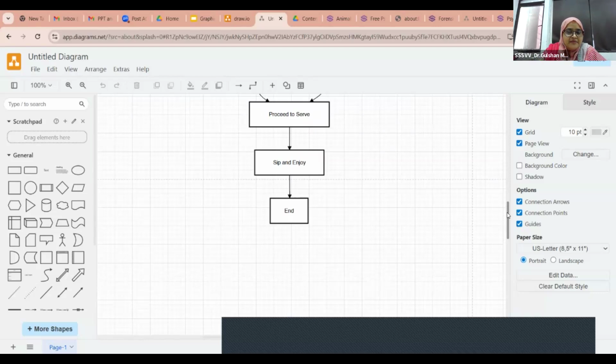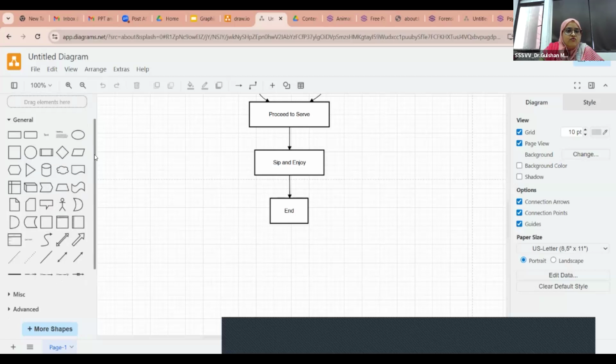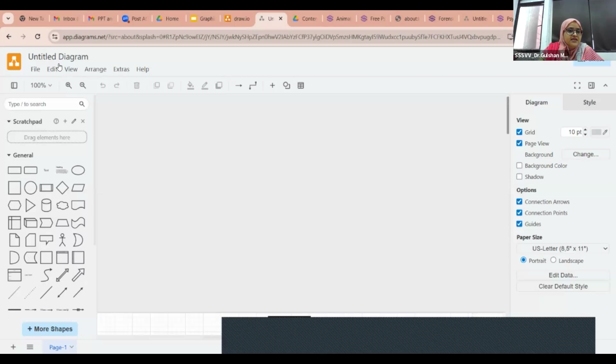It is a diagram creating software, because a flowchart is an example of a diagram. And if you want to create a diagram of your own choice, you can use the picture tools given here on the left hand side. With the help of these drawing options, you can create your own flowchart. Now, whatever diagram we have just created with the help of this platform, it is still untitled. You can rename this diagram.